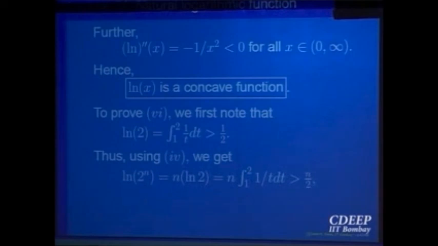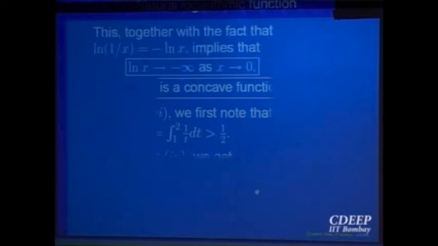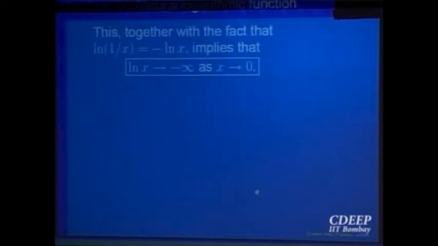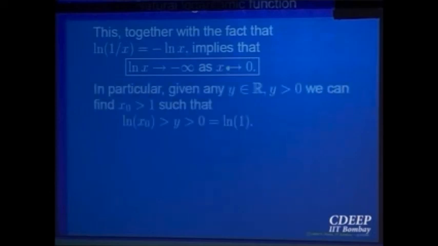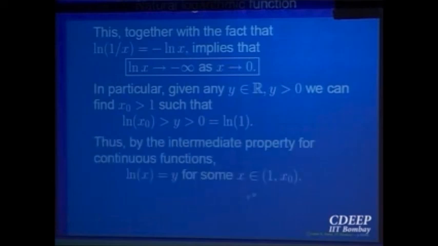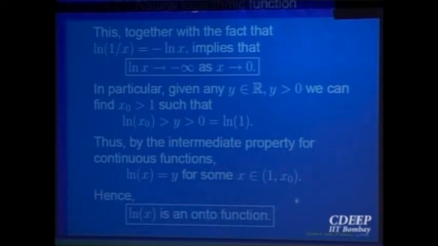And that is what is saying that it goes to infinity. F of x goes to infinity means: given any large value, you can find a point x so that f of x is bigger than that value. Given a point x, find n such that 2 to the power n crosses it, so ln x crosses n by 2. That is the proof that this goes to infinity as x goes to infinity. For the negative side, ln of 1 over x goes to minus infinity as x goes to 0. That proves what I said earlier, that it is onto. It will take every value in between. It is an onto function.